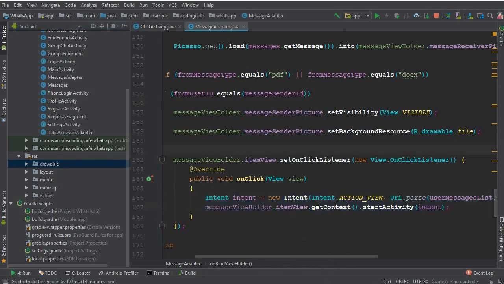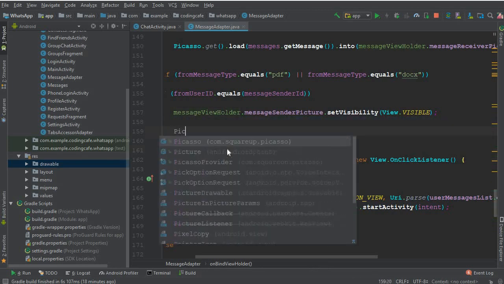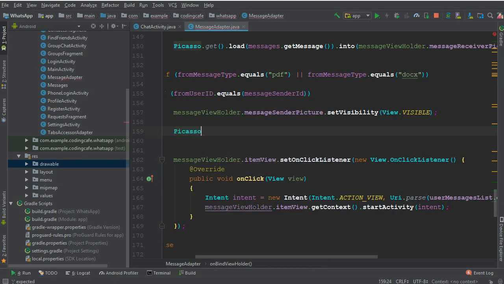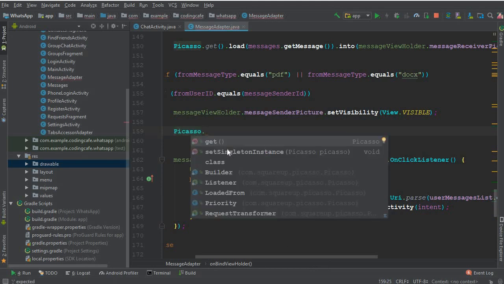Okay, so what we're going to do here, when we say set background resource, instead of that I just want it so that it can do some loading, so that it will not replace with the other files. Okay, that bug which you already seen. So you can say